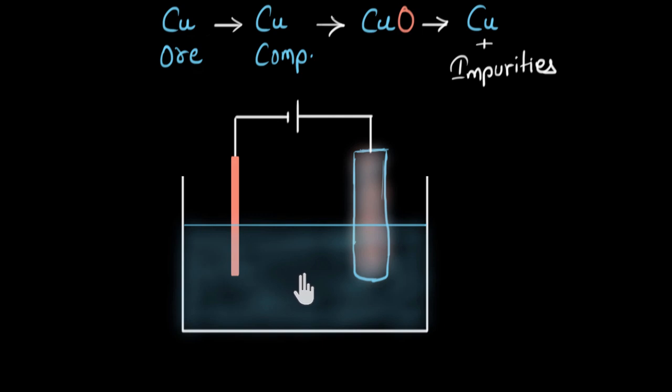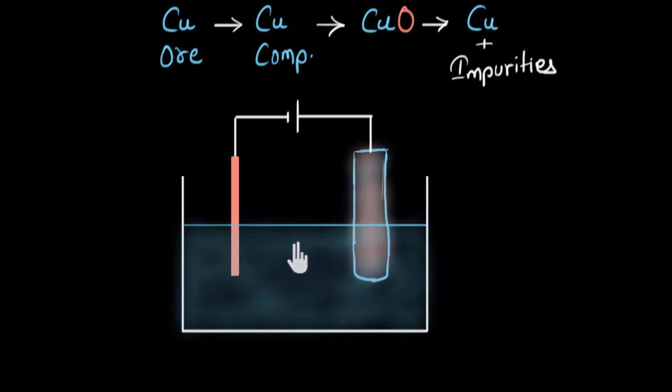So just to recap, we took the crude metal and we connected that to the positive terminal of the battery. From outside somewhere, we bought pure metal that is being refined, which was copper, and we connected that to the negative terminal of the battery. Now these two electrodes were dipped in a solution of the salt of the same metal that is being refined, here copper sulfate. Okay. Now the main idea is when I pass electricity, the copper atoms from the crude metal, they will come into the solution,